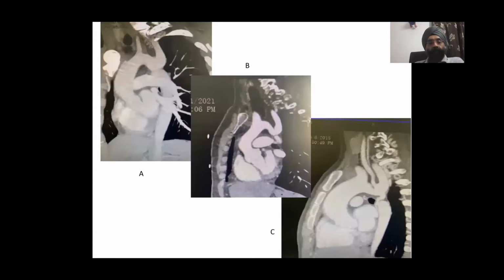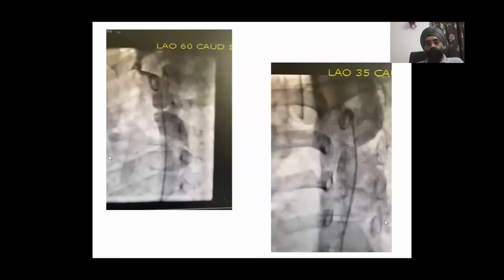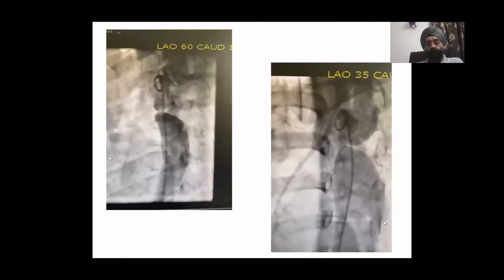The image on the left is a CT angio image which shows a moderate coarctation with the left subclavian right next to the coarctation. The central image shows a tight coarctation, again with the subclavian artery right next to it. Whereas the image on the right shows a complex coarctation with a tortuous coarctation segment, isthmal hypoplasia, and a hypoplastic transverse arch. These are the angiographic views of the coarctation, in the left anterior oblique views.